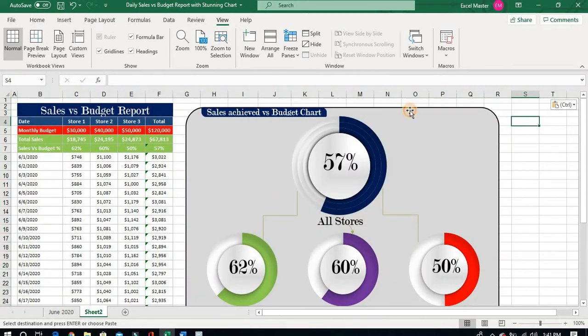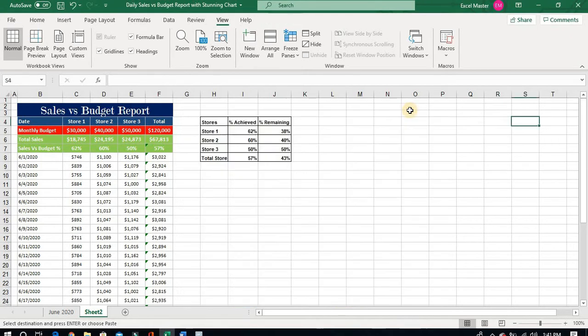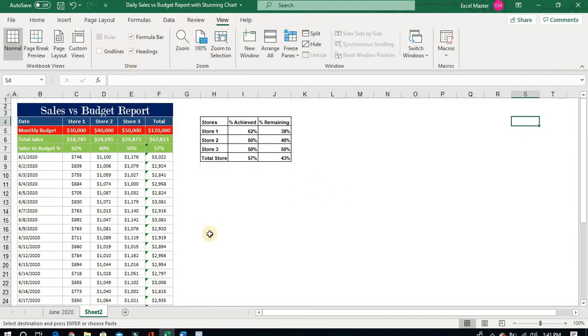And we will delete this chart and we will prepare from scratch. First we will remove the grid lines from the sheet, and here we have the data and the small table to prepare the chart.